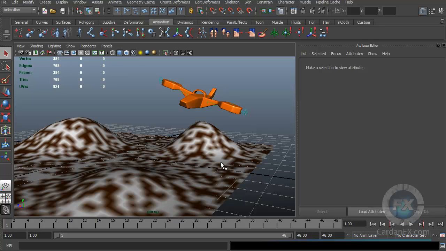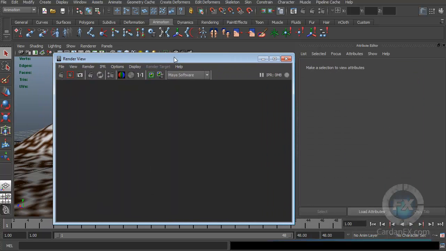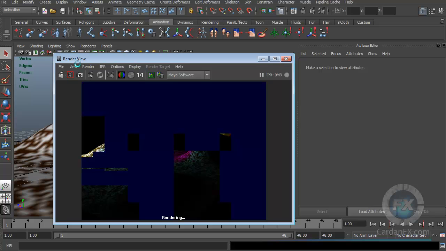The first thing is that we need our render window, and the render window is the one that we can call with this slate film. Now the render window is not actually the render. In order to get the render, you have to press this other slate film, or you can do it inside the render view. So I can click here, and the process of rendering is actually just the process of